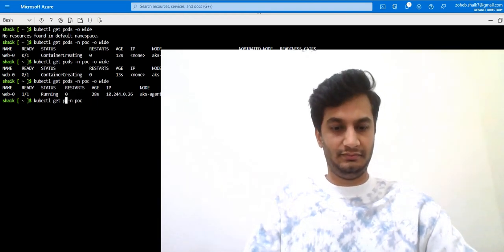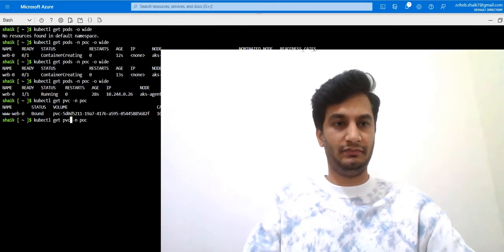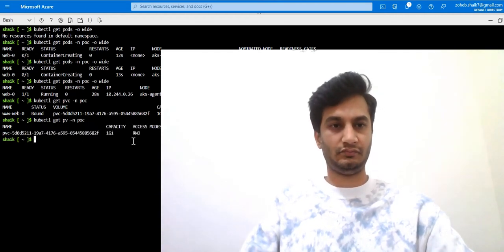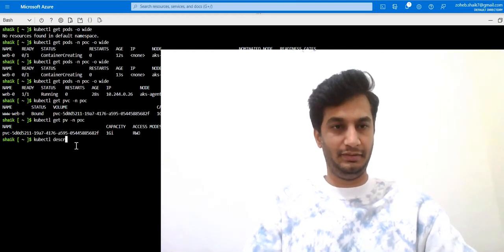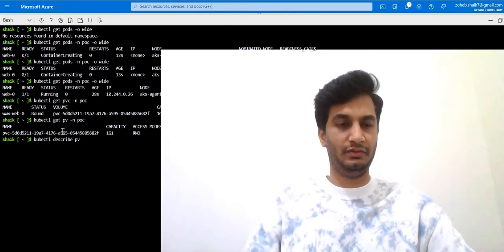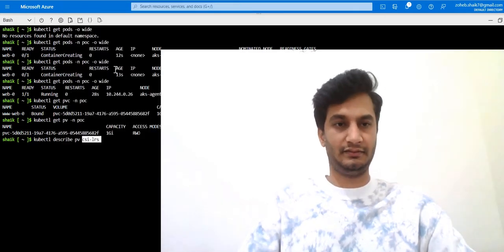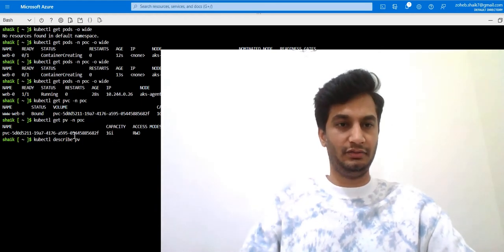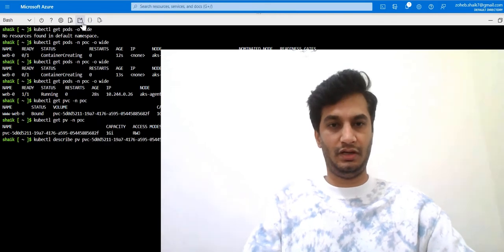This is the important point which I'm going to highlight here. We have a pod up and running, we have PVC as well, and we have the associated PV. Just describe that PV just to see how it is pointing to AZs. Currently this node pool doesn't have any AZ, so I will show you how it looks.